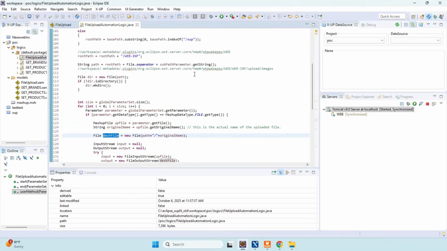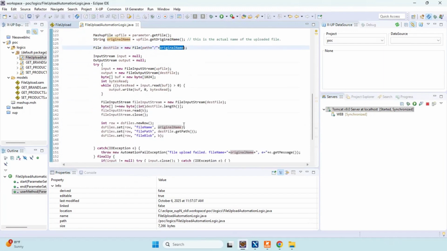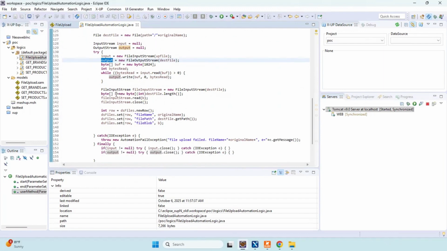So we get the file, we get the name of the file, we have the destination file, our destination path is this, and whatever file name it has. So we create the file in the destination here from the input file, and we get the byte array of the file.